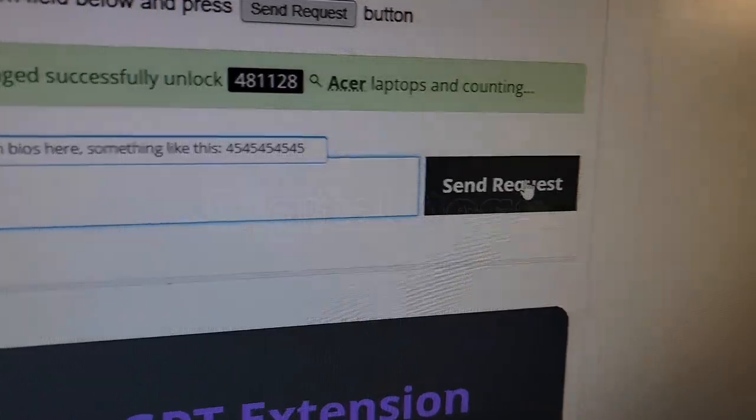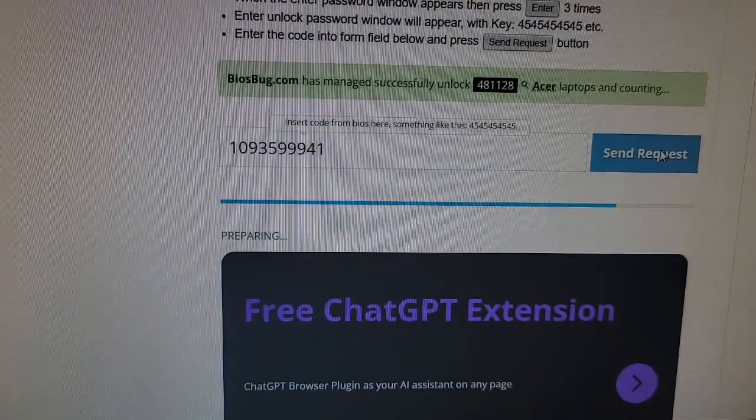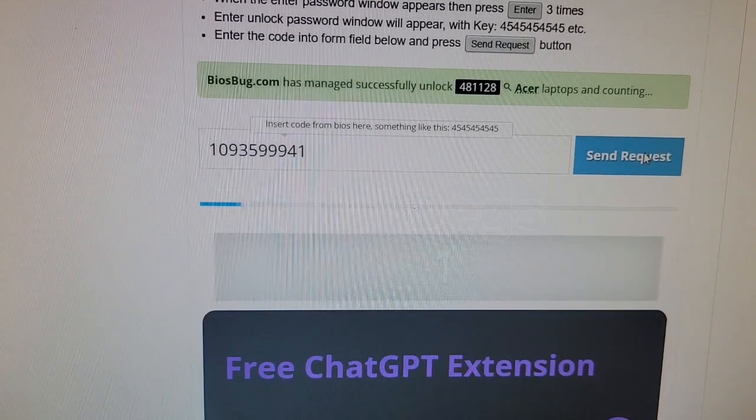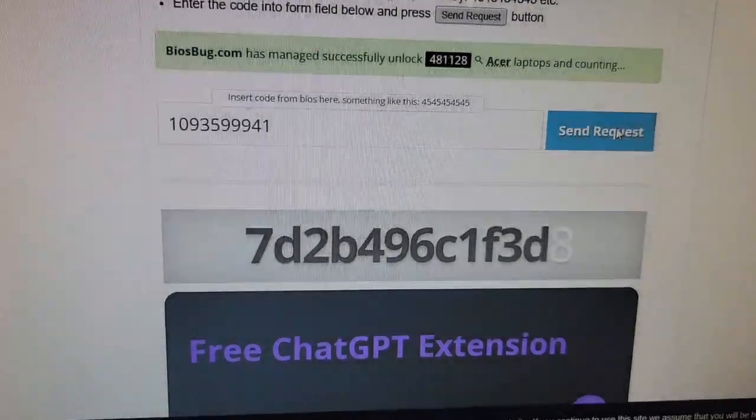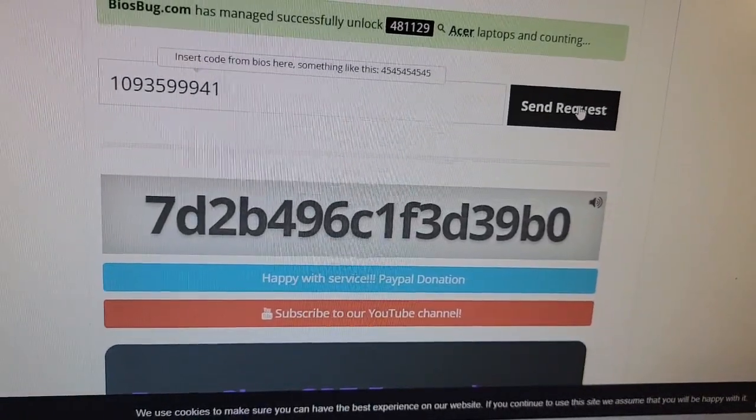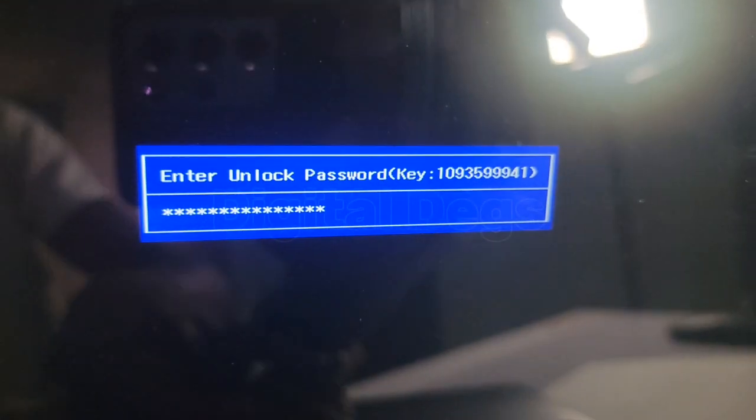So you paste these codes. There are 10, so you paste them right here and then you tap on or click on send request. So it's going to generate the unlock code for you. You wait for a few seconds. So this right here is my unlock code. So you paste it right here, or you just type it in and then boom,